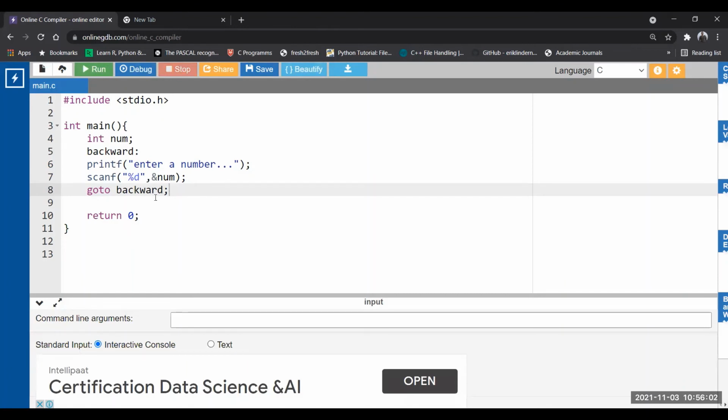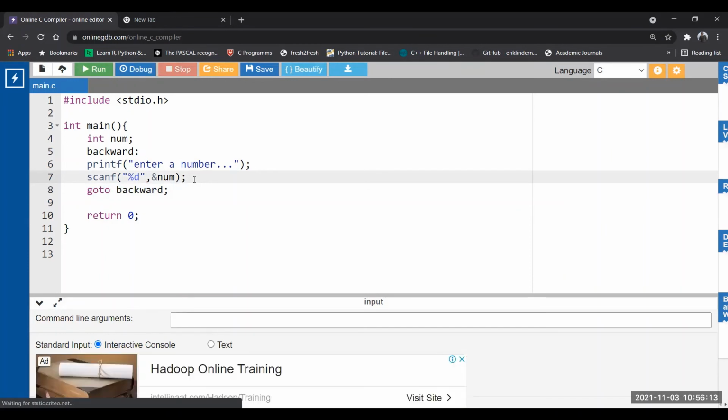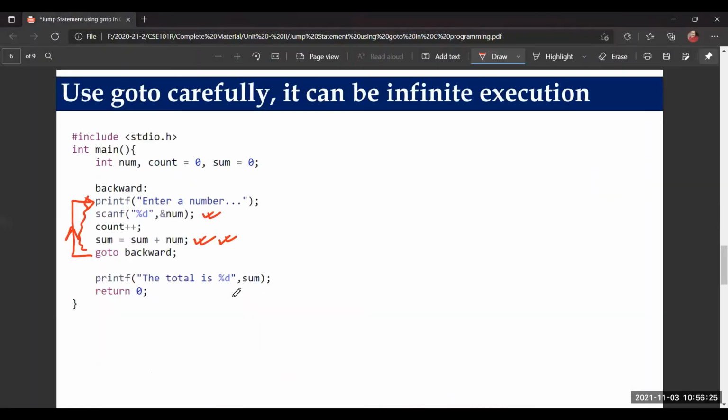So how do we rectify that? We need to put in certain conditions. We should not write goto backward directly. Suppose your requirement is entering 100 numbers, so you need to use a counter.